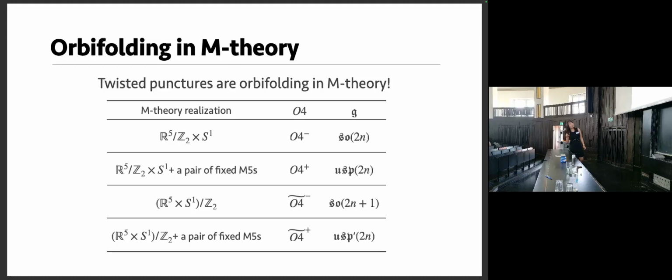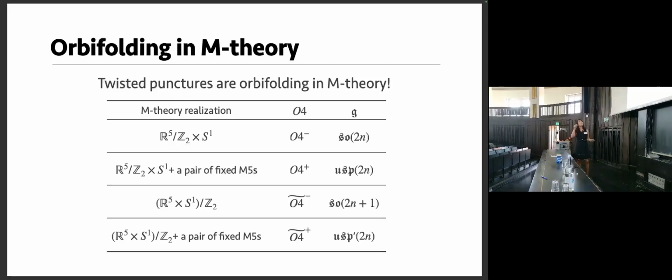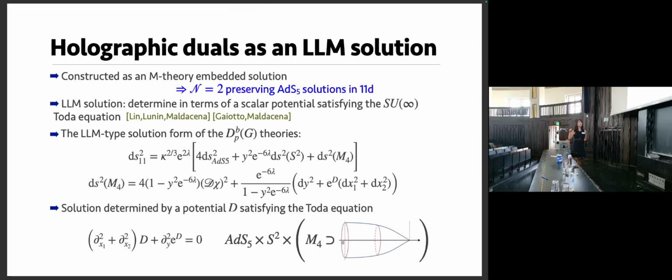And you can see that depending on whether it's acting on the R5 directly or acting on overall together, or having the pair of fixed M5 branes upon this orbifold crossing through is going to give rise to a different type of BCD of the part that we need to look into for this explicit twisted puncture contributions to be matched onto. Now then, putting them together, we can now look into the ones that can solve this total